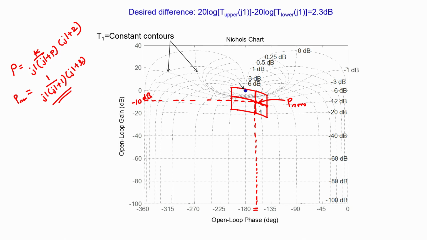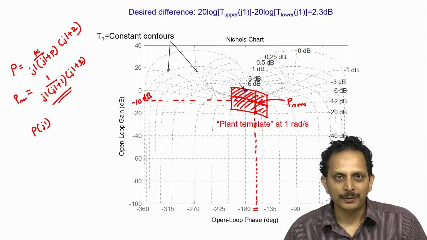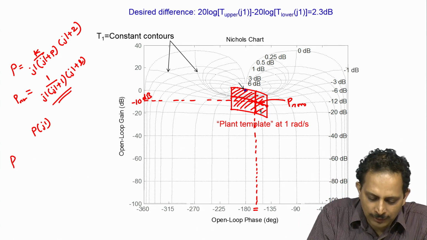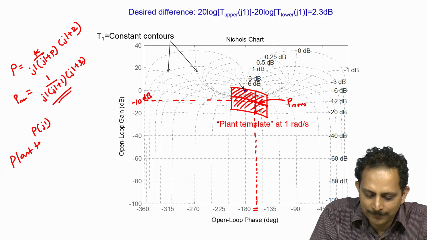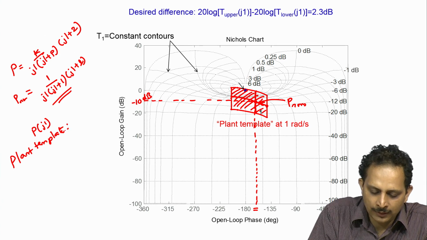Now, if the plant's gain and pole locations change independently, then the complex number p of j1 essentially assumes values within this particular closed curve, and this closed curve has a special name. It is called the plant template at the frequency 1 radian per second. So, by definition, the plant template is the set